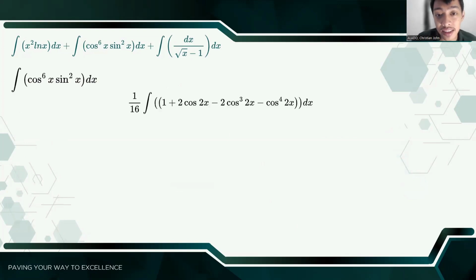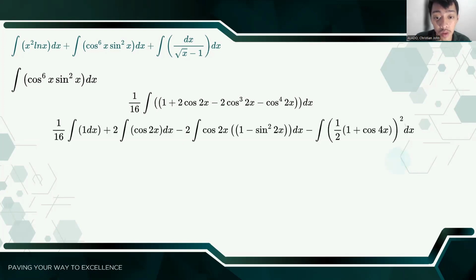With that, let us now once again factor out and simplify our terms wherein we cannot yet apply our basic integration formulas. And those are negative 2 cos cubed 2x and minus cos raised to 4 2x. For cos cubed 2x, we can apply our Pythagorean identity for this example, taking out cos squared 2x and equating it to 1 minus sine squared 2x. And for our cos raised to 4 2x, we can once again apply our double angle identity,